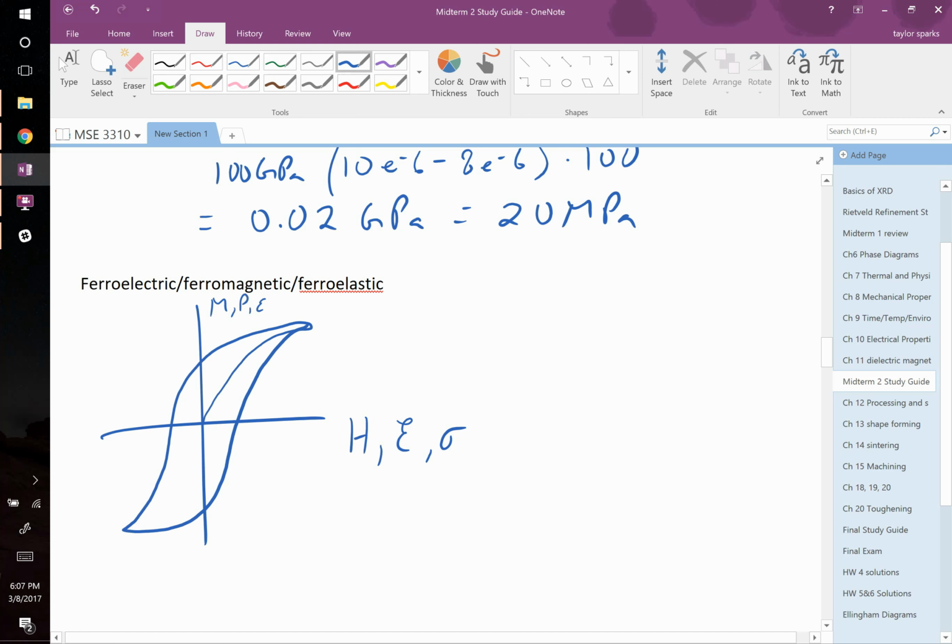where there's a significant amount of remnant polarization, remnant magnetization, remnant strain, right? Or it can be very, very small. It could be like this. Let me just draw it again. It might look like this. We call this hard